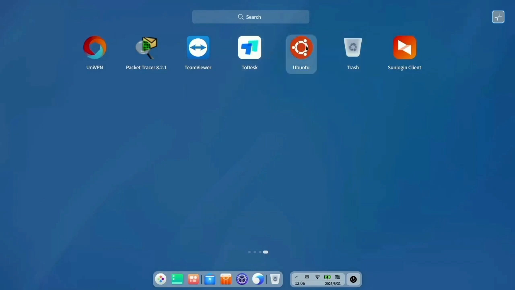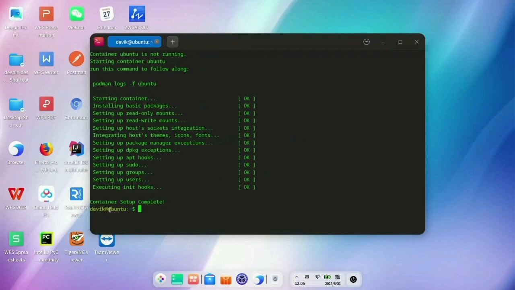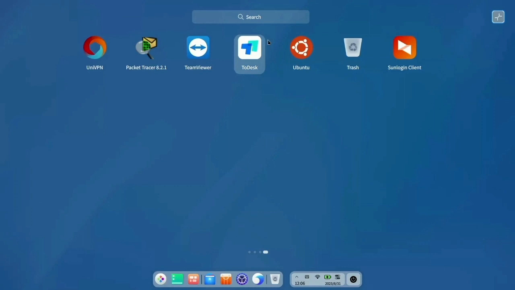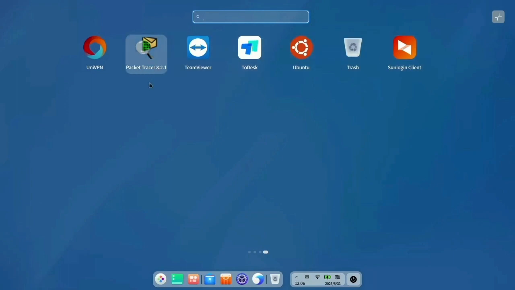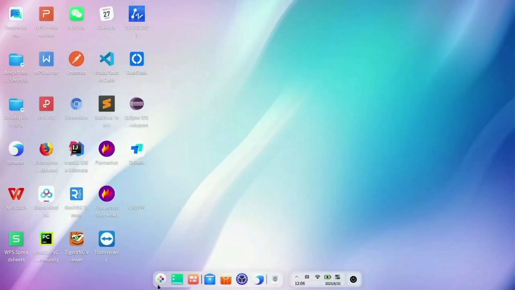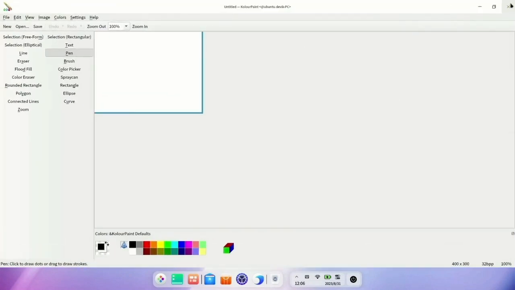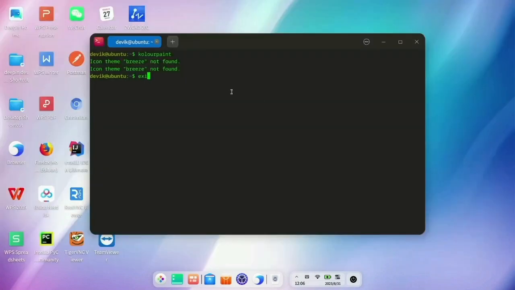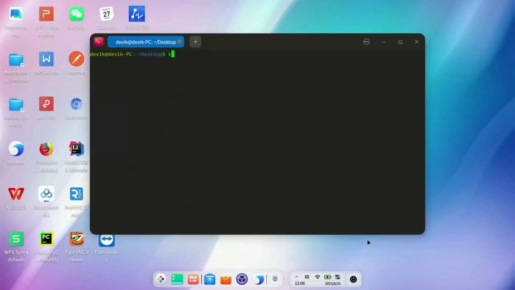You can also click Ubuntu on the dock and go in. Now it is the Ubuntu environment, and color paint is not on Deepin because it is not installed. So on this display panel, you won't see color paint. So I want to show you how to add it. If you want to add color paint to the Deepin